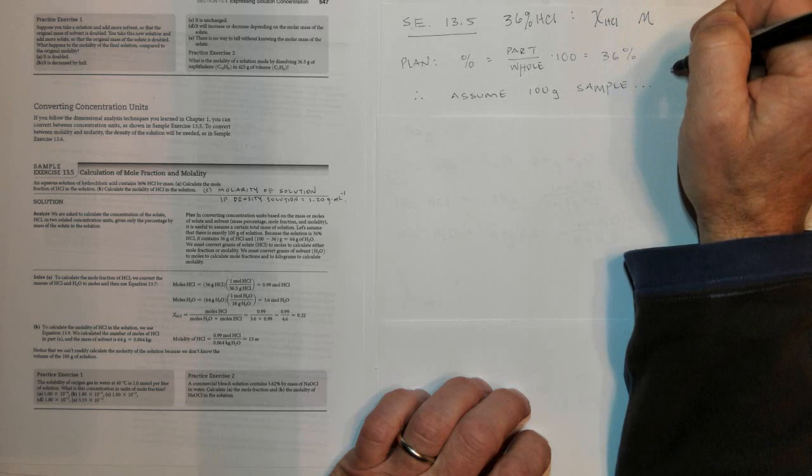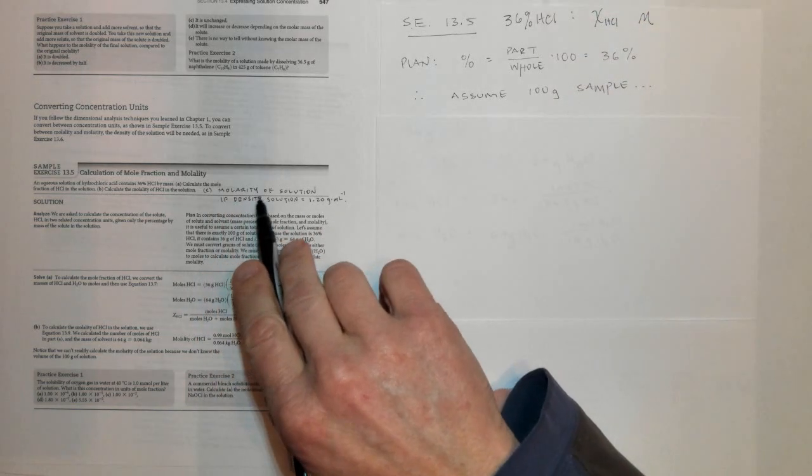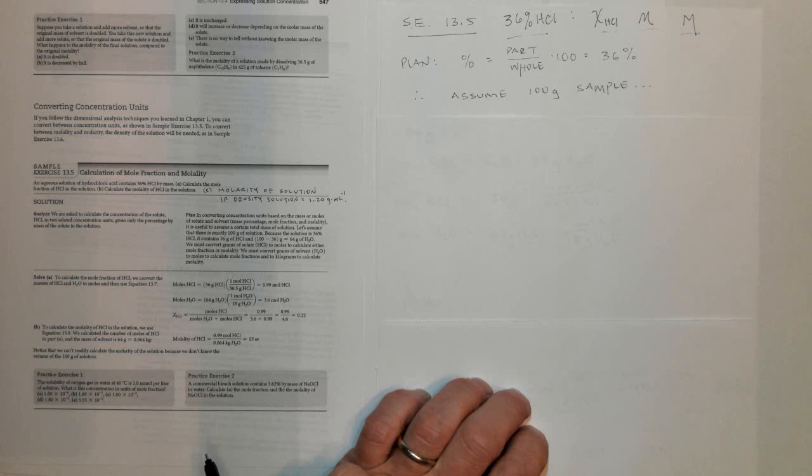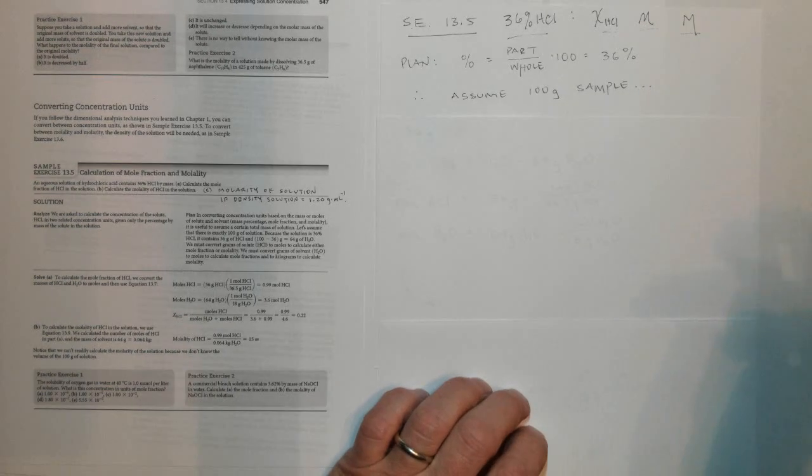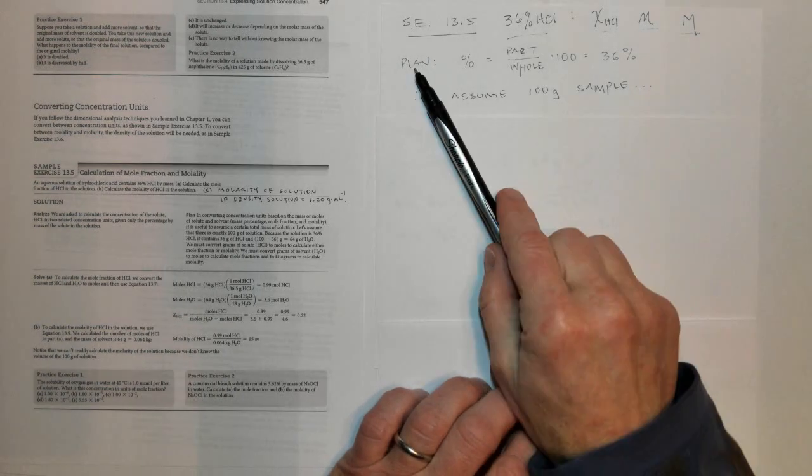It wants to know the molality of the HCl. And a third one, calculate the molarity of this solution. So by knowing the percent, how can we find all three of these other ways of expressing concentration? So first, when you're given the percentage